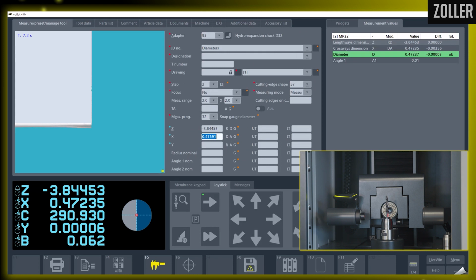And now we're good. So that concludes this week's tip of the week on how to measure the diameter and